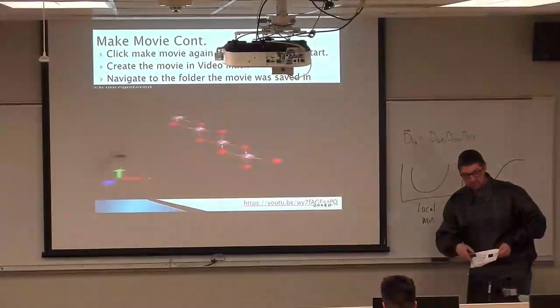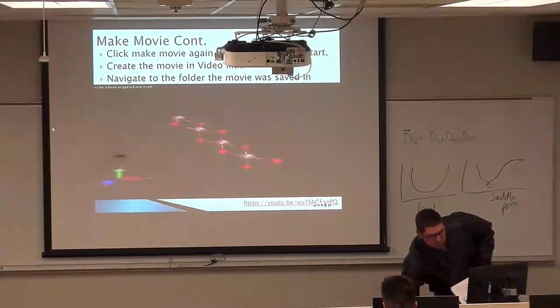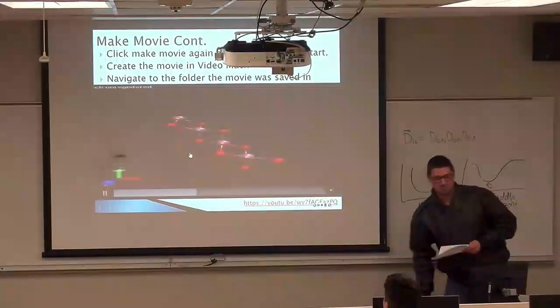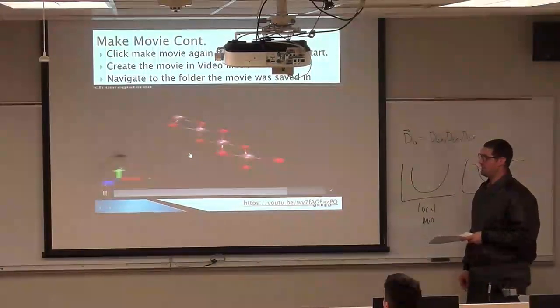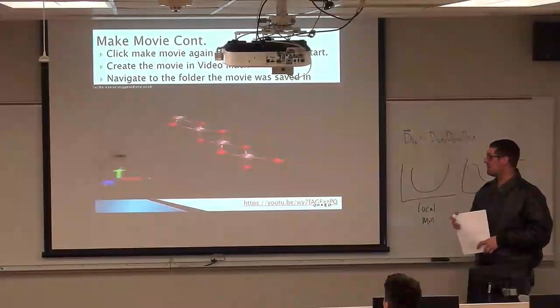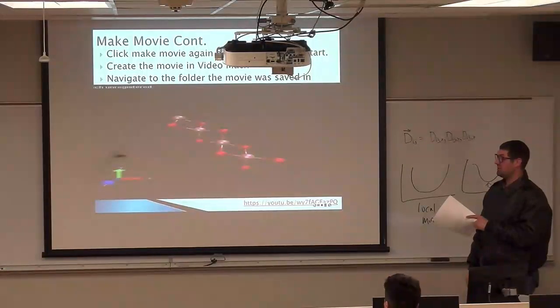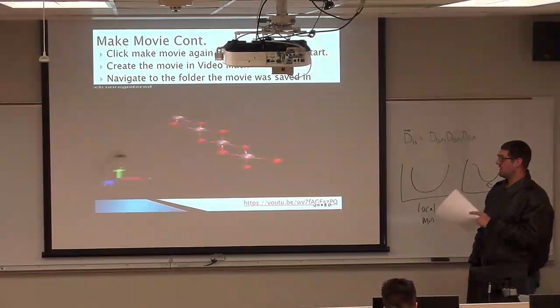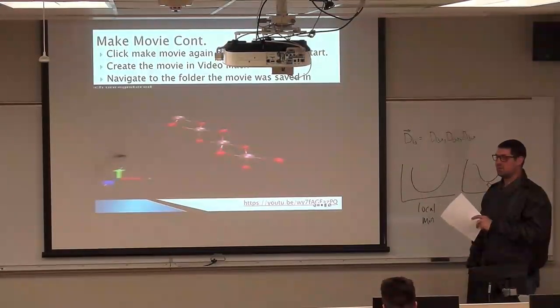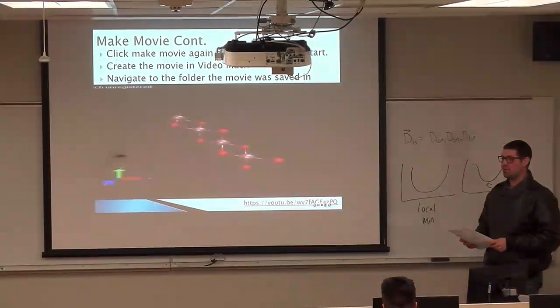Actually runs. Yay. And there we see a titanium nanowire wiggling at 500 Kelvin. And from here, then you could take this file, its output. I was able to get the output as an MPEG video, so you can then also load this to YouTube or stick it into your PowerPoint presentations.